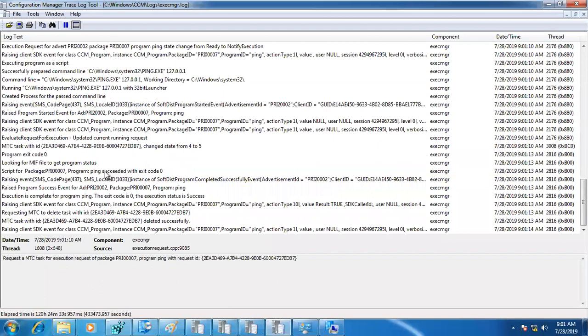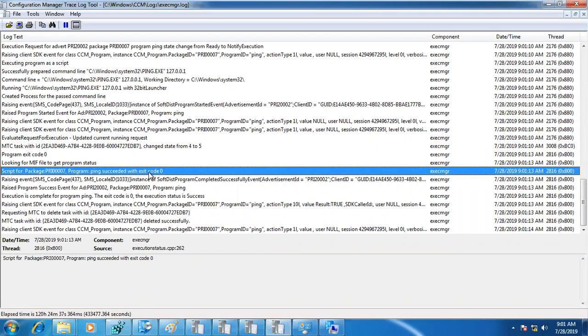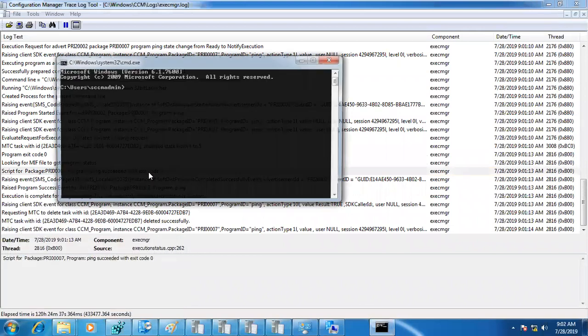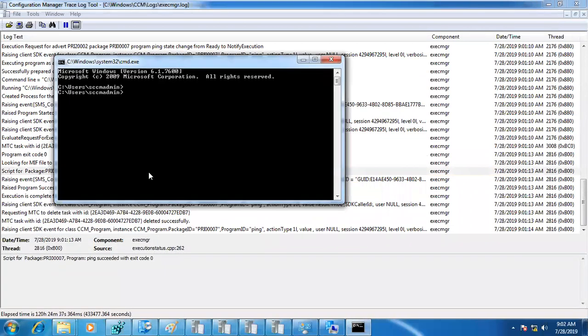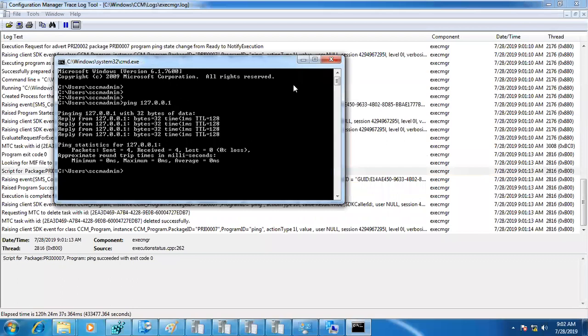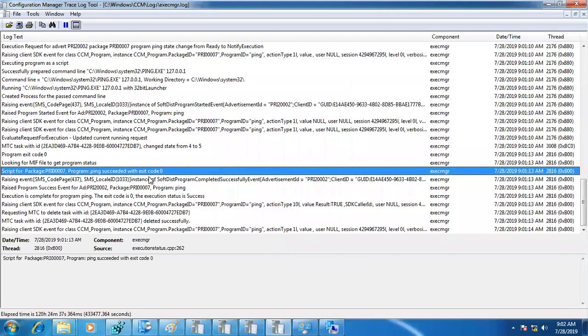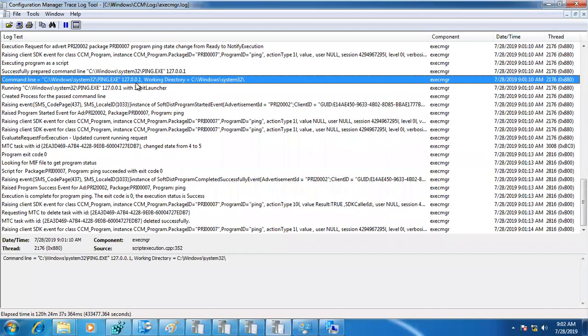Then exit code 0 means the ping completed. What the ping will do on this machine, it will open one command prompt and ping 127.0.0.1. It will get 4 pings. If 4 pings are completed, the program is completed. That's it. Then exit code 0 came because of the command line you gave, ping.exe 127.0.0.1, and the success code is